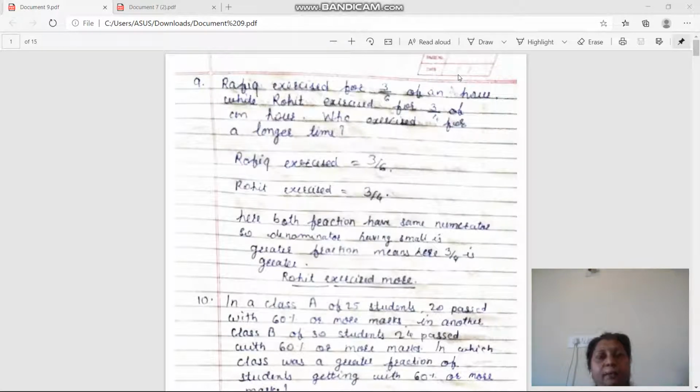And now we are revising chapter Fraction. So we have solved the ninth example. Okay, I'm telling you that this example we can solve in another method. Which is another method? We have to take 3 by 6 and 3 by 4 as fractions. Both fractions have different denominators, that means they are unlike fractions, so we have to convert them into like fractions and then compare. Okay, then guess which method you will prefer, this method or converting unlike fractions to like fractions and then comparing. Get it? So let's see the next example.